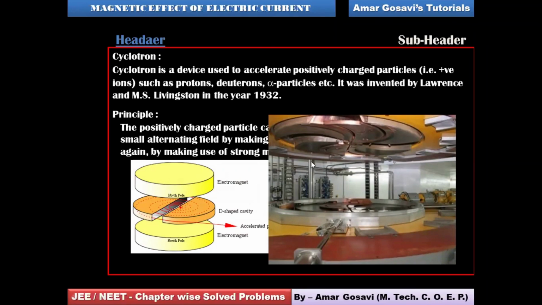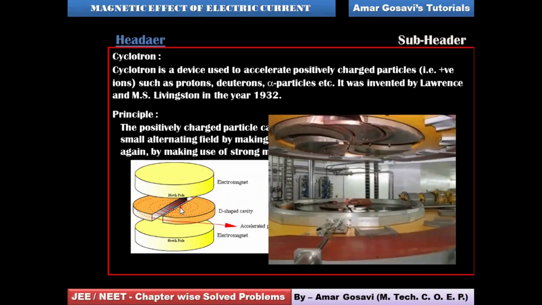All right. So it's a huge thing. But let's understand it in the form of this diagram, so it becomes easier for us to understand. So two semicircular metallic chambers, you can have a look at it. And there is a gap between the two semicircular metallic chambers. This entire assembly is placed under the effect of a strong magnetic field. You can have a look at it.